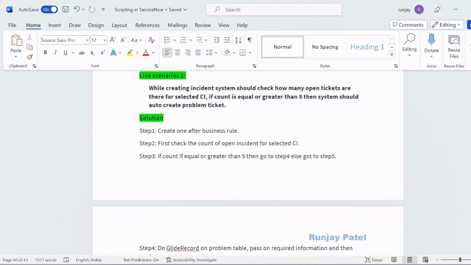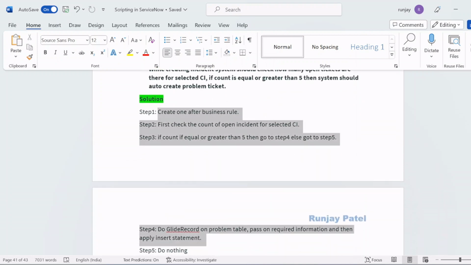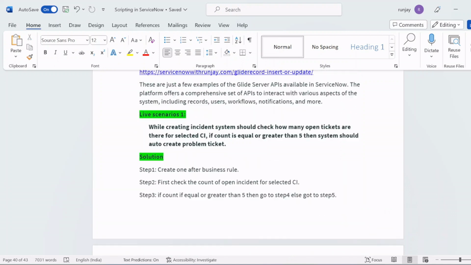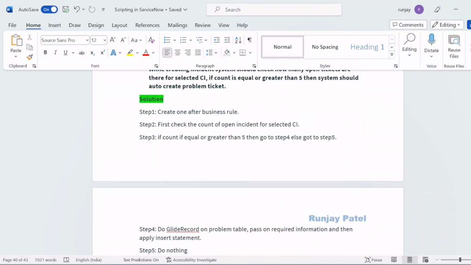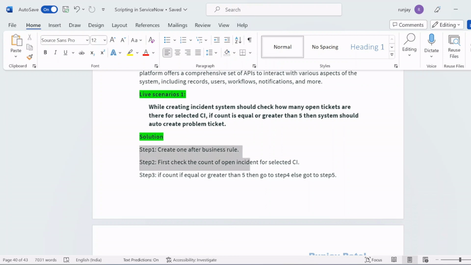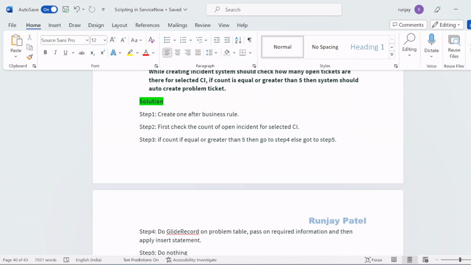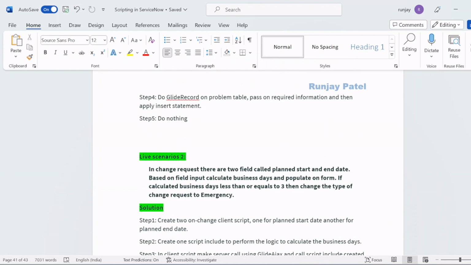So this will be for your practice, just do it. If you face any issue while practicing this, you can reach out to me. You can comment on the video and I'll help out. If you give me a snapshot of your code, then I can tell you where the issue is as well. But just do it. Once you do it, you will definitely get a good command of server side scripting. Now let's talk about